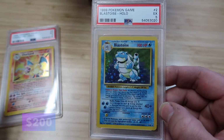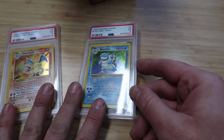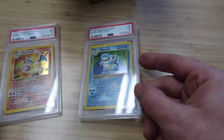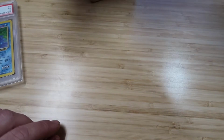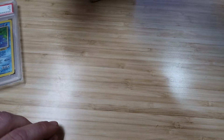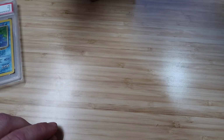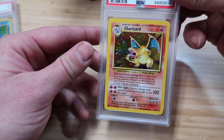And for any of you wondering, I had nothing into these. These two came from a locker back in like 2013, 2012. And then these other two came from a locker out of Huntington Beach in like, when was it, 2018? Yeah, something like that. So we have another Charizard, and we got a